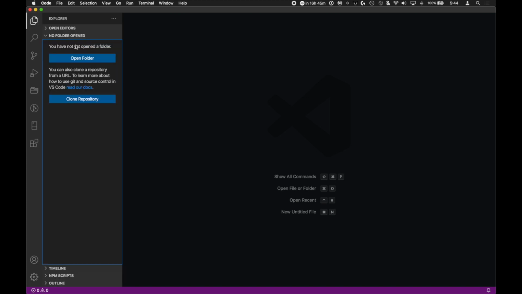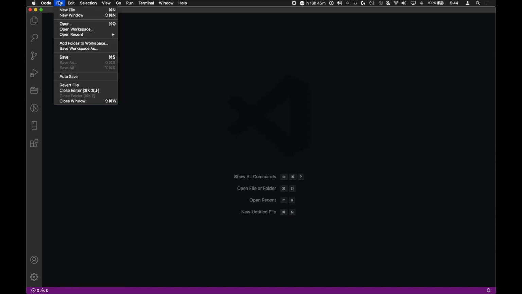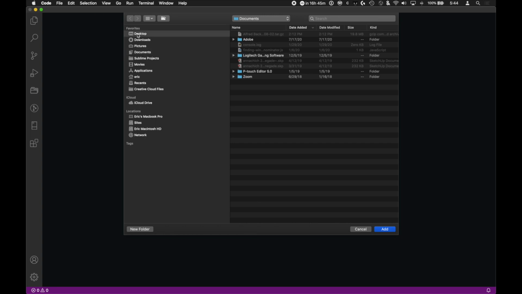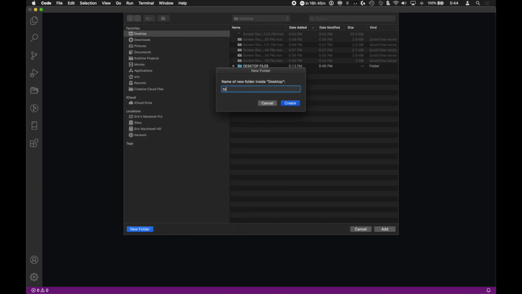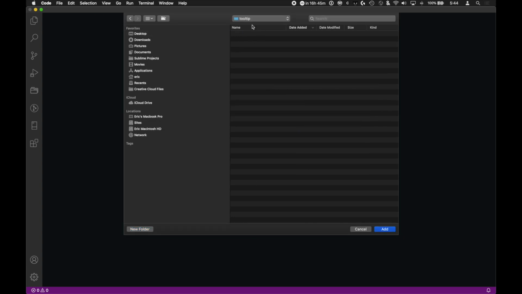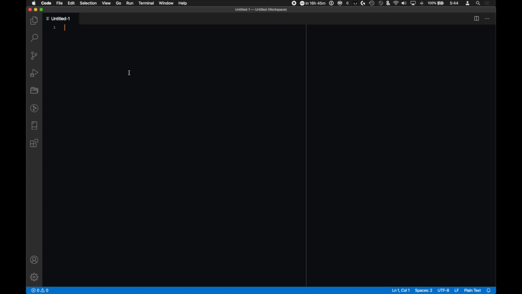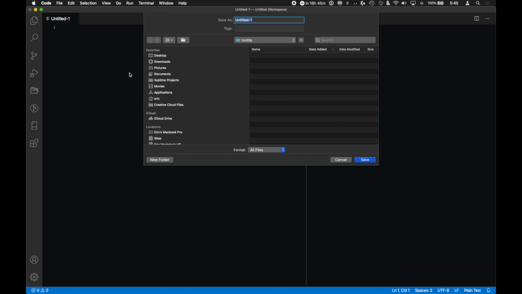So let's go back to our Explorer and we will create a new workspace. We'll just add a folder to workspace. So let's go over here. I'm going to go into my desktop and I will create a new folder. I'll call it Tooltip. And then I'll go into the tooltip, add it up, and then I will create a new file, save the file. This is a Command S to save the file. I'm inside of tooltip, and I'm going just to name it